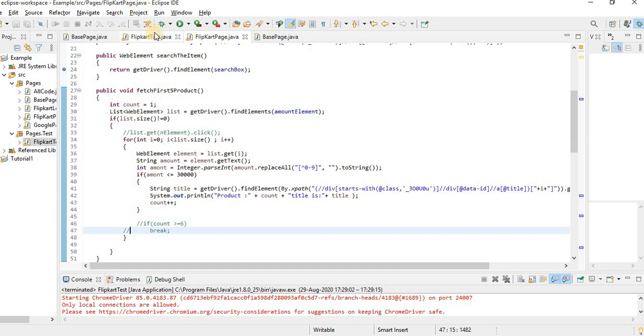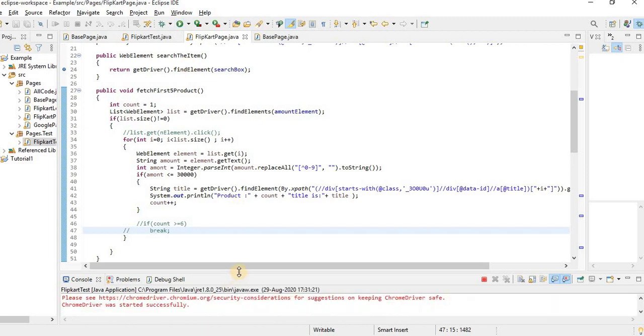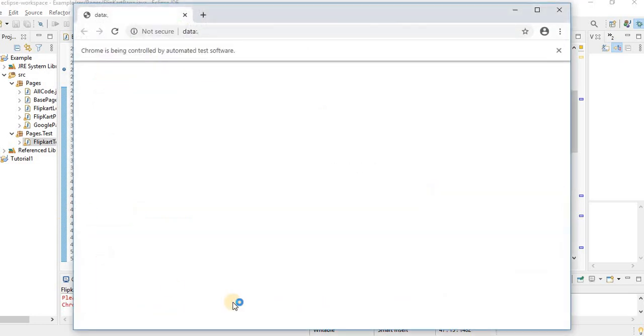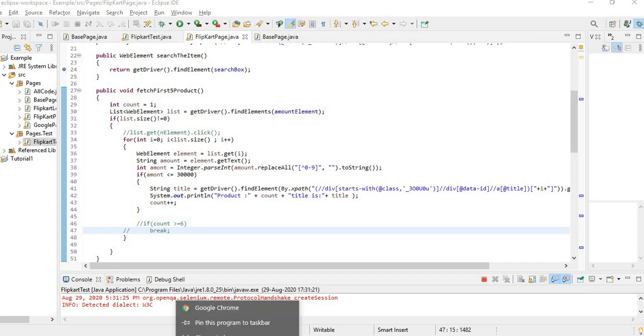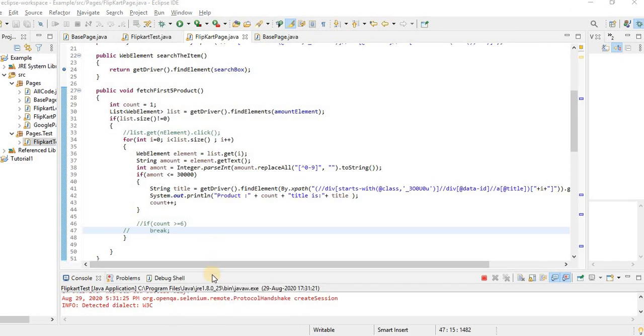And if we run it, then we will get more product names displayed on the console.